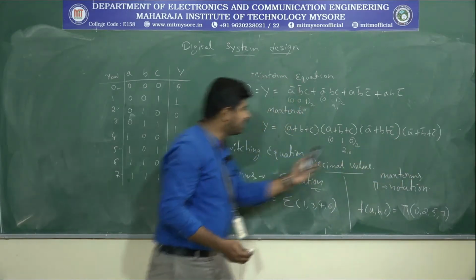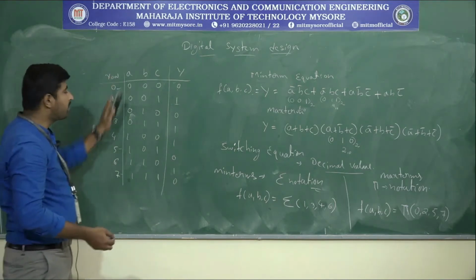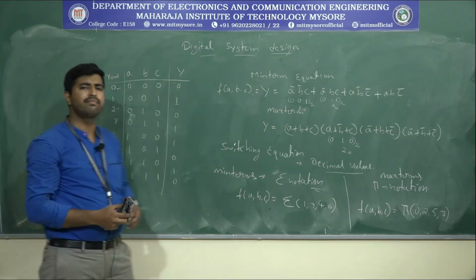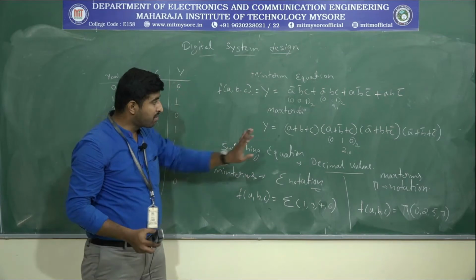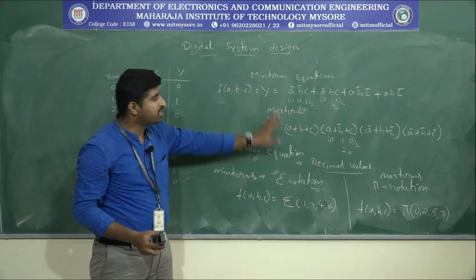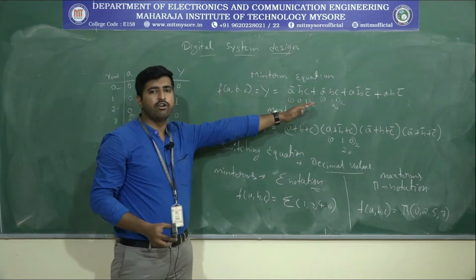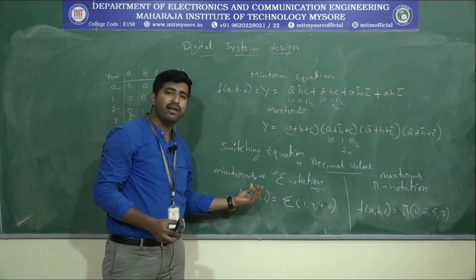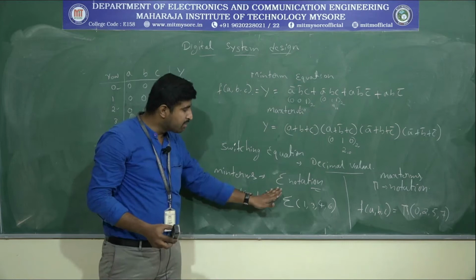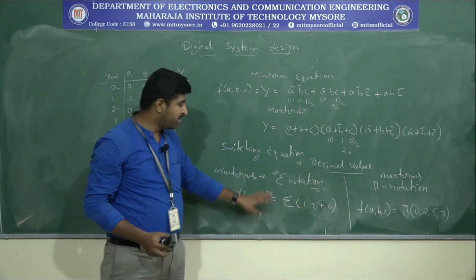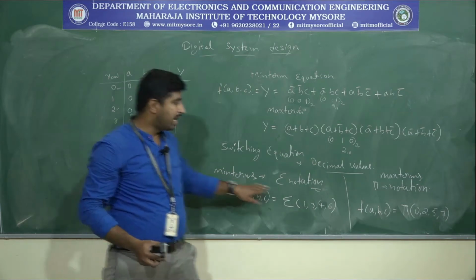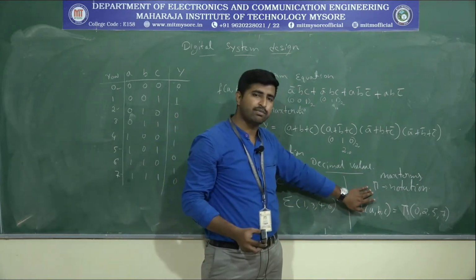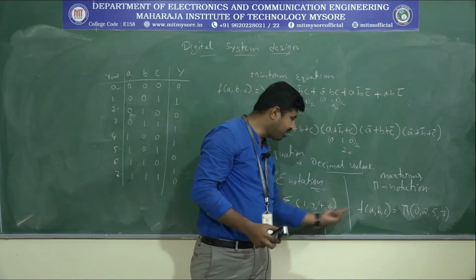We can write this even in the truth table only if we have the row numbers. So what is the corresponding row number of this input? We can write in a simplified notation form. Keep in mind, it is not a simplified switching equation. Whatever equations we derived from the truth table, we can represent in a more convenient way by using the sigma notation and the pi notation. Keep in mind, sigma notation corresponds to the min terms and the pi corresponds to the max terms. So this is how we are going to write.